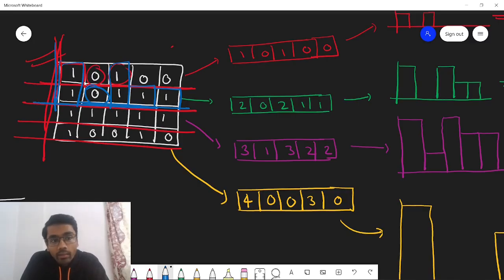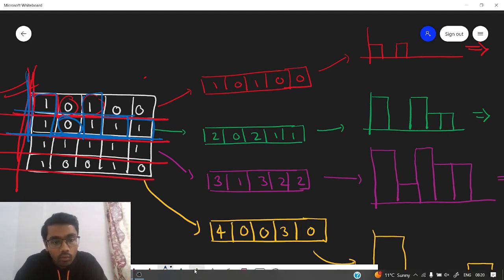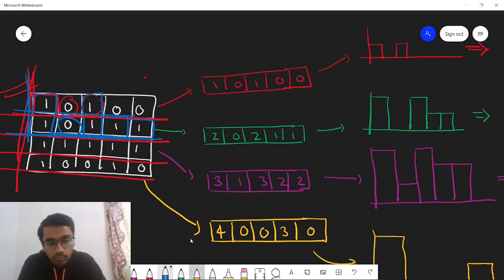So we can try the base of the histogram for each and every row. Let me just show you what I am saying. When we consider the histogram from the first row, it will look something like this. Sorry for that. So if we try to make a histogram from the first row, it would look